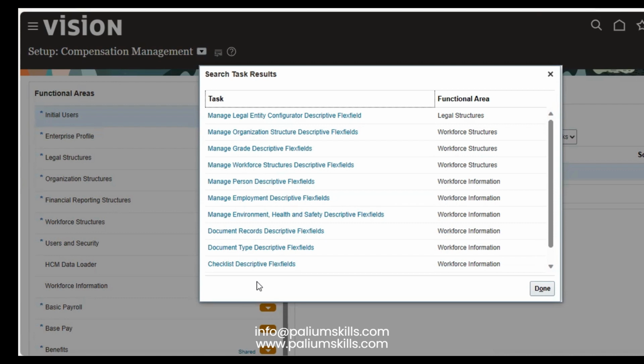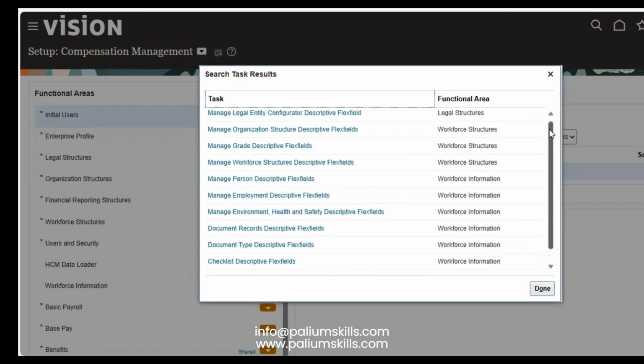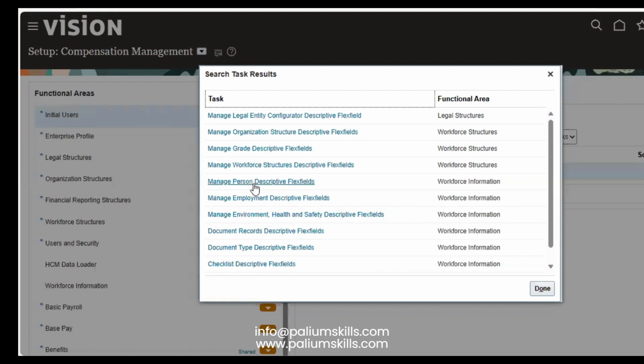So these are the different descriptive flex fields. From the name, you can make out on which screens these will be available. So let's say legal entity or organization structure or grade flex field or workforce, person, employment. So these are all different screens or different forms where you can see. Let's go for